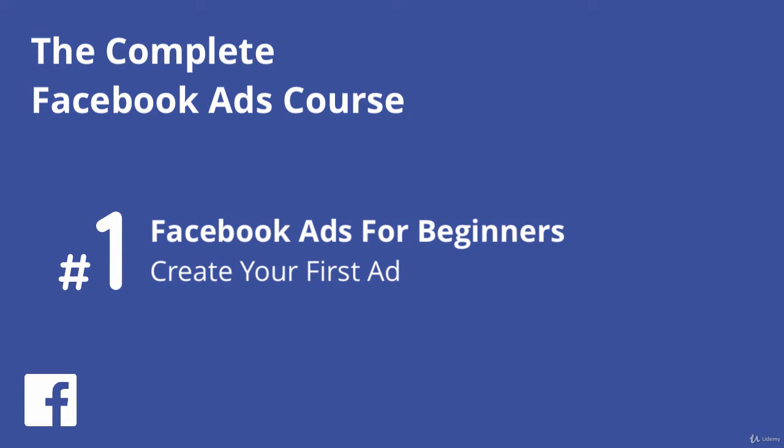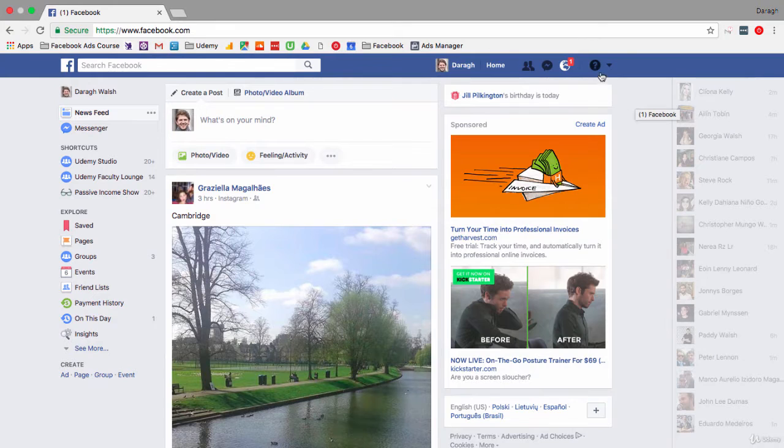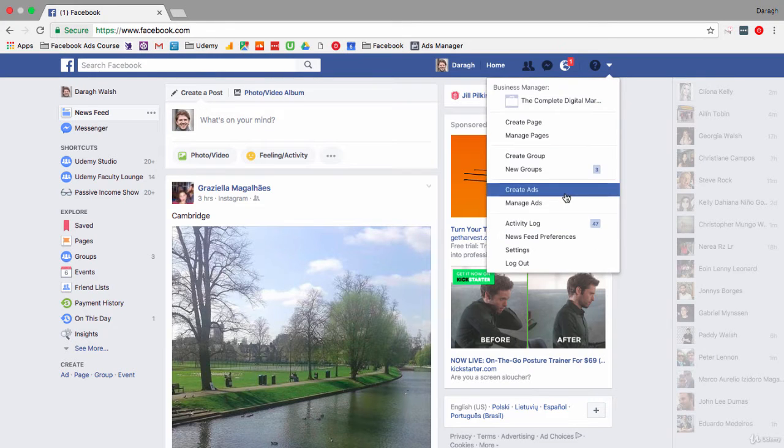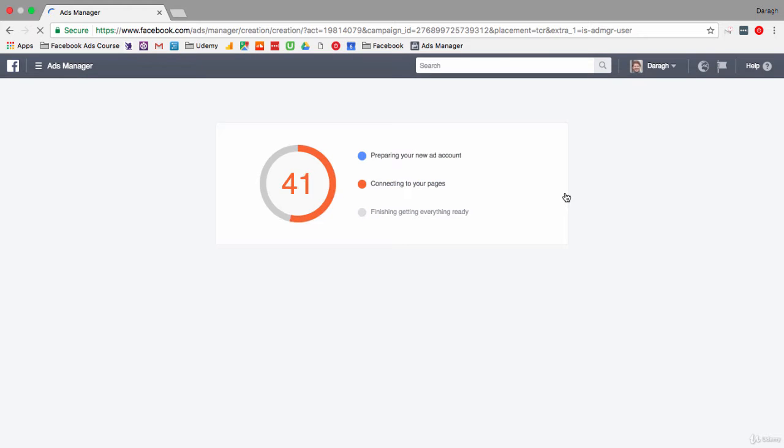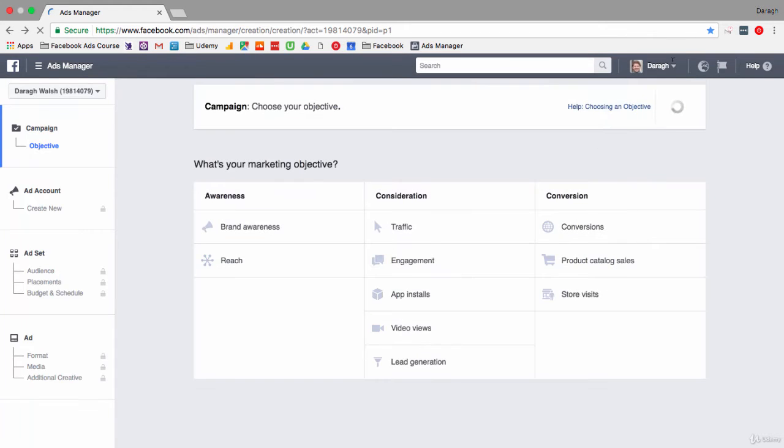You are now ready to start creating your ad. To launch the Ads Create tool, select the Create Ads from the drop-down in the upper right-hand corner of your Facebook profile. This is a good page to bookmark, as you'll be using it every time that you create a